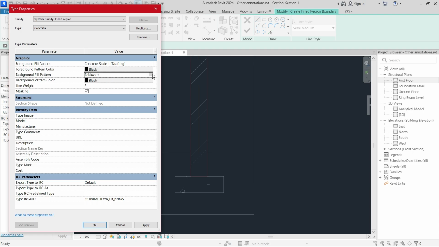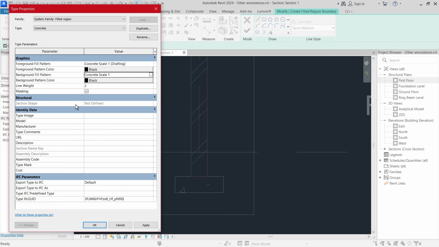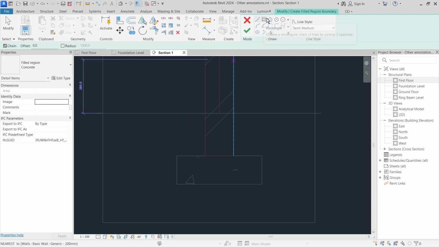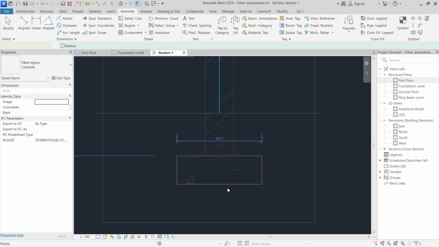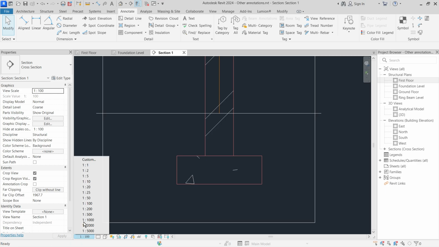You can see that even our second pattern we created is indicated there. I'll leave the rest as they are. Click OK. Then when you come here, you may illustrate with this one. You can draw your region like that. If you are used to AutoCAD, this is what they call a hatch. So let me add the scale so that they can be visible